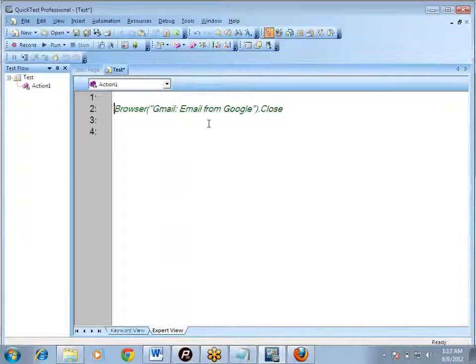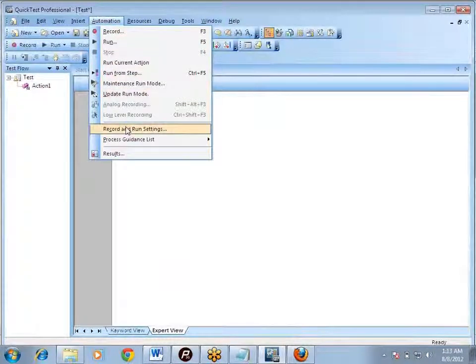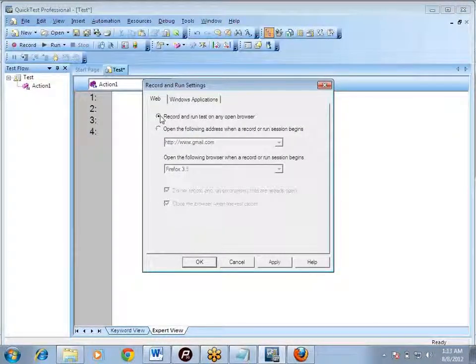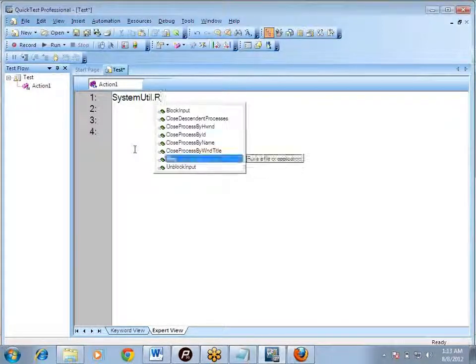Another option available with us is, if you don't want to use this automation record and run setting, you want to use the first one, then we have a command, that is SystemUtil.Run. What does this command do?